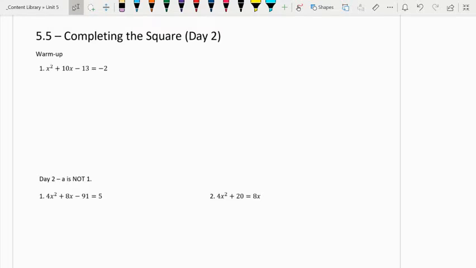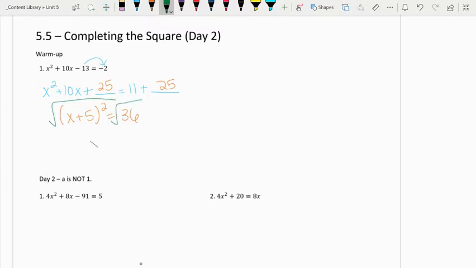So the first thing that you're going to do is add in your blank. So we have x squared plus 10x plus 1 equals, if we add 13, we end up getting 11 plus blank. Now b divided by 2 would be 10 divided by 2, which is 5, and 5 squared is 25. If you add 11 and 25,